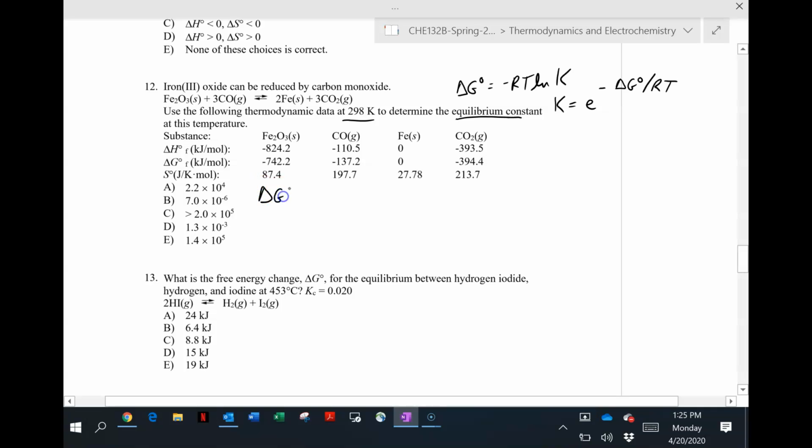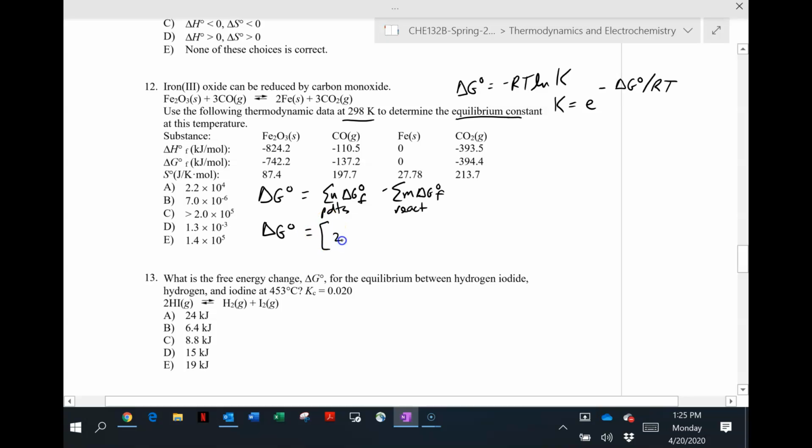So we'll do one of those. Delta G is the sum of delta G sub F of products minus the sum of delta G sub F of reactants. We do multiply those by the number of moles, so I'll write n and m for that. So delta G is going to be